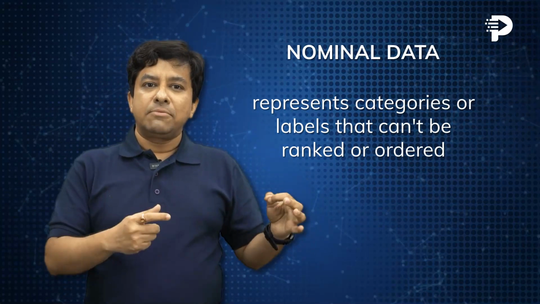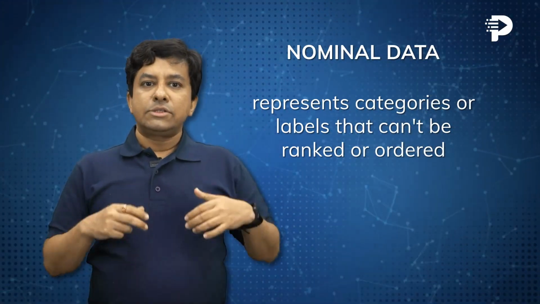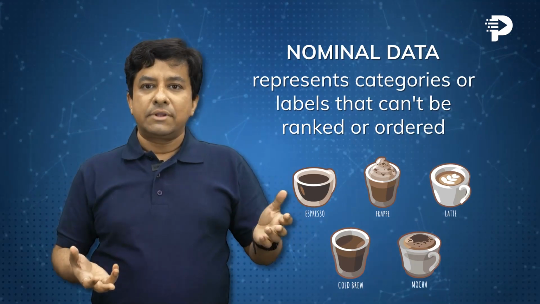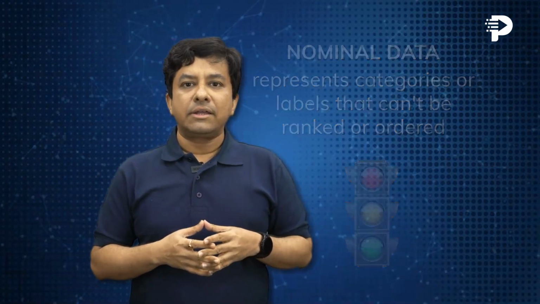Within qualitative data, two types of data formats could be there: nominal data as well as ordinal data. Nominal data is about categories or labels that can't be ranked or ordered. So think of type of coffee or colors of a traffic light. It's like categorizing your favorite Netflix shows into different genres. One genre may rank higher for you, but there is no rank ordering that is conveyed when the show is labeled as romantic comedy or an action thriller. So this is typically nominal data.